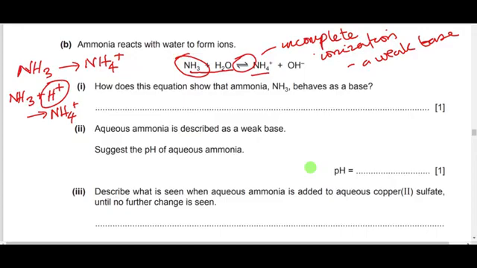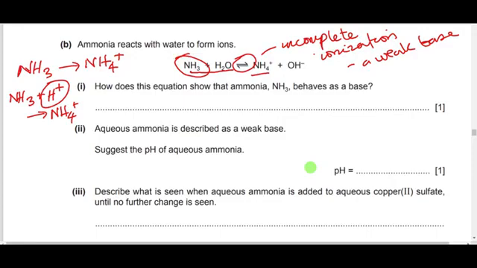Whenever I say hydrogen ion or a proton, it means that you are dealing with what? With an acid, right? So if this is an acid and this is an acid and ammonia is a what? It's a base, right? So it means that ammonia as a base accepts what? A proton from the what? Acid, is it not? So you know that water is acting as an acid there, while ammonia is acting as